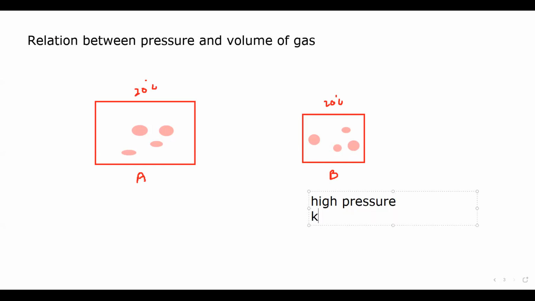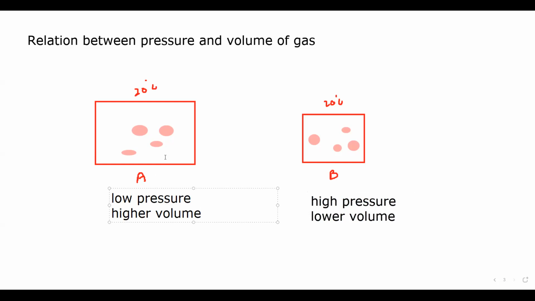and it has lower volume. But what about A? A has low pressure and it has a greater, or higher, volume. So what is the relation between pressure and volume? As you can see here, the pressure is low, the volume is high. And here the pressure is high, the volume is low. So what we can say is, if the volume increases, the pressure decreases, or if the volume decreases, the pressure will increase. So we can say if we have a fixed mass